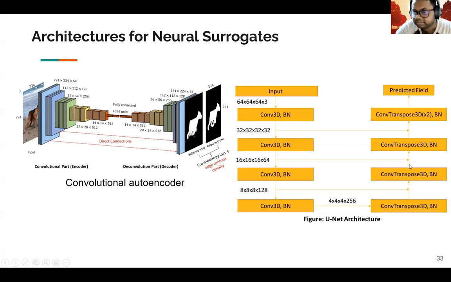Those 8 cubed times 256 channels go through a transpose convolution, giving us again a 16 cubed feature vector of 64 dimensions. And this 64 dimension with this 64 dimension gives you 128 dimension after concatenation. After this, you perform another transpose convolution to get 32 cubed. This 32 cubed with this 32 goes further here, which is 64 cubed. And then finally, you predict the original field.